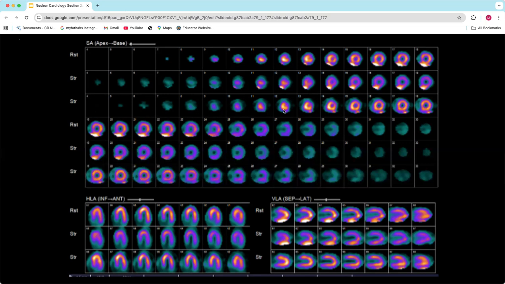Okay, and so then this was our repeat stress. Now you can see that even after doing that, we still have a little bit of gut that showed up, but you can see a clear separation here. And so we can see that whole inferior wall. Now we've got something that's actually diagnostic. And luckily with this one, because it filled in and there's no defects on the stress, really everything that happened with the rest doesn't even matter at this point. The doc can look at this, he can give a great diagnosis, and everything looks good.